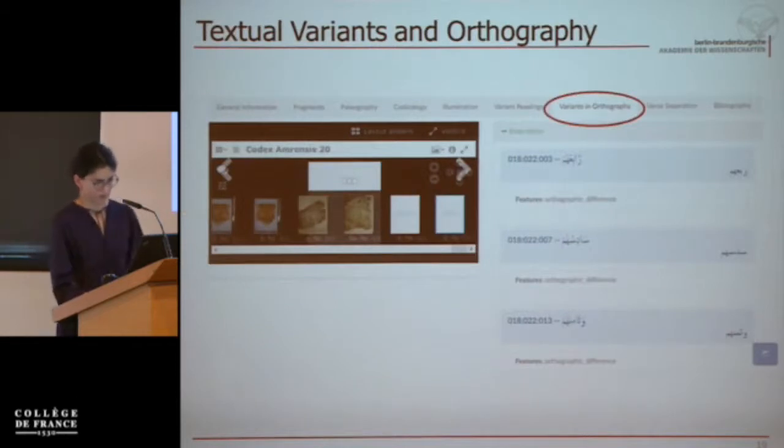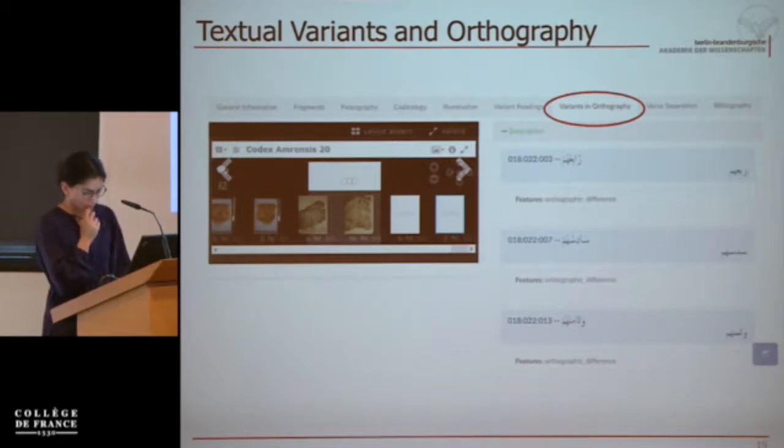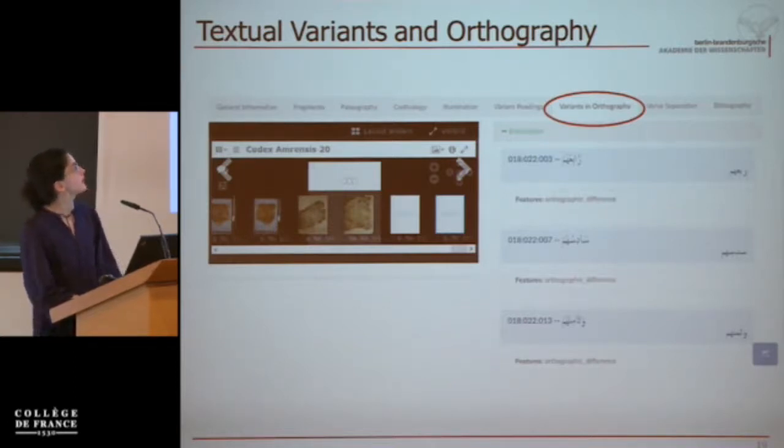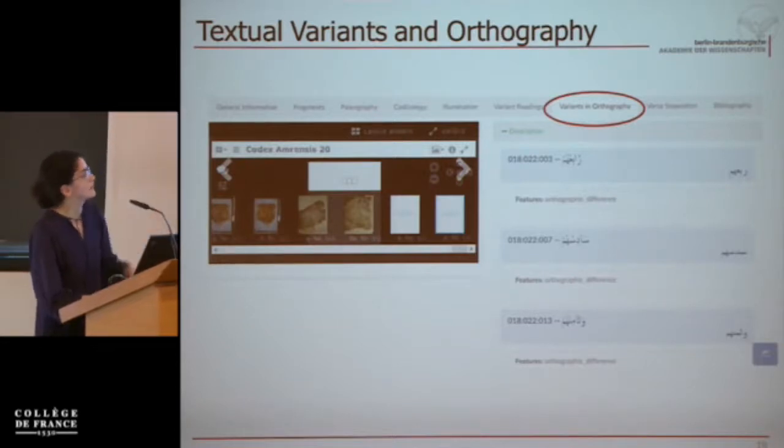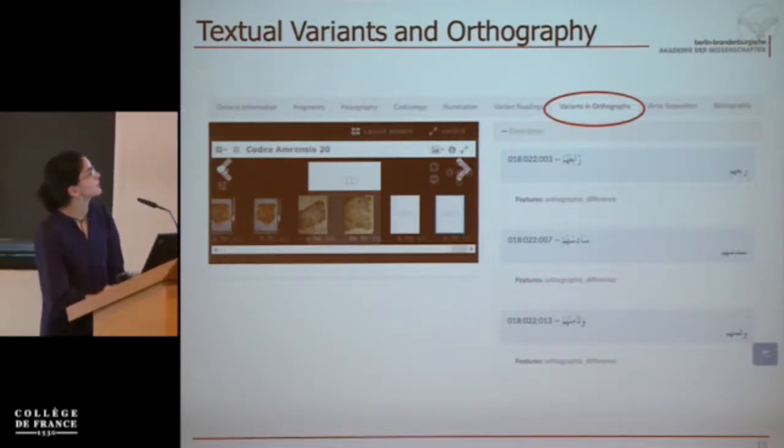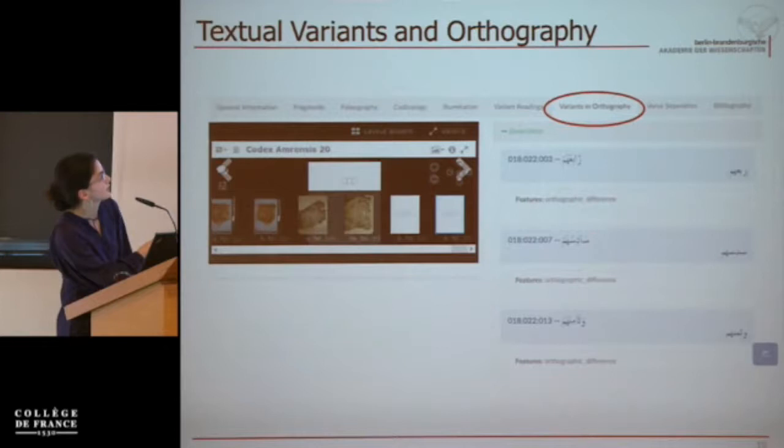So now I will move to the orthography. I have collected all the variants in orthography which are attested in the manuscripts, and here you can see again the Paleo Quran website, and these are, the list goes very long. I just couldn't put it in one screenshot. So you can browse the list and you can look for different orthography variants. Here you have the Hafs and here you have the manuscript spelling.